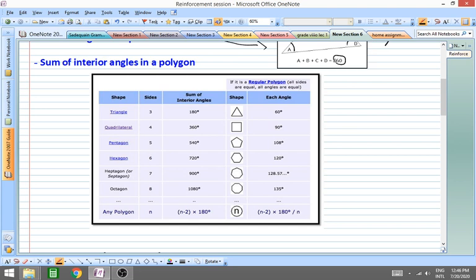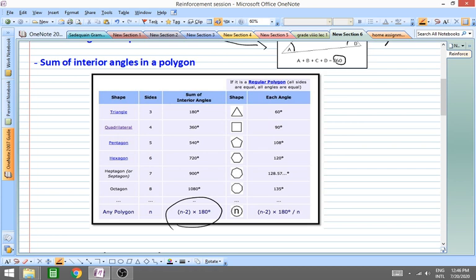So we have the expected formula that we studied in grade 7. That formula would be as per the number of sides. If you have any polygon, just substitute the value of n as that of the sides. Let's say if you have a pentagon, you will write 5 in place of n and simplify the value. That is (5 minus 2) into 180, that would be 3 into 180, and the answer would be 540.